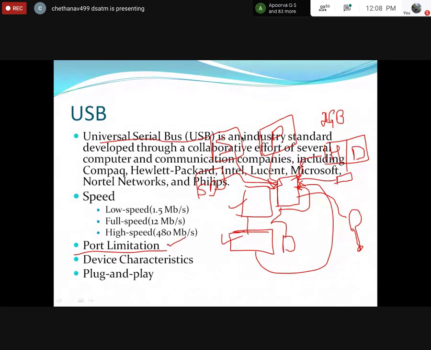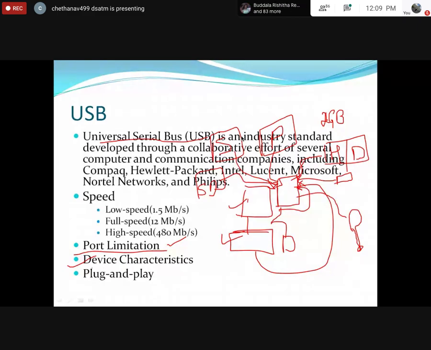And here you have device characteristics. So what are the device characteristics? Suppose you are connecting your monitor to the CPU, that port may have different characteristics. And your pen drive, what's the main use of a pen drive? Transmit available data. A small amount of data is there within the pen drive. I want to copy the data, or send the data to the pen drive. It requires some protocol. So each and every port has its own characteristics. That is what device characteristics are.